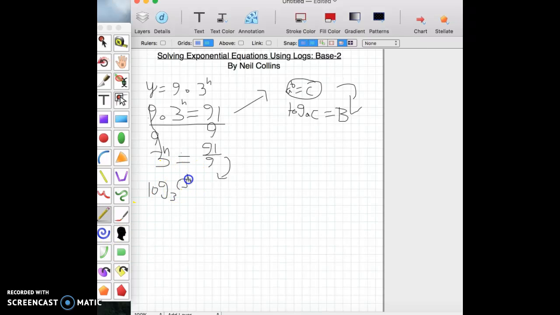That looks a little sloppy, I apologize, but that's log 3 to the 3h. These two 3's cancel, leaving us with h equals,